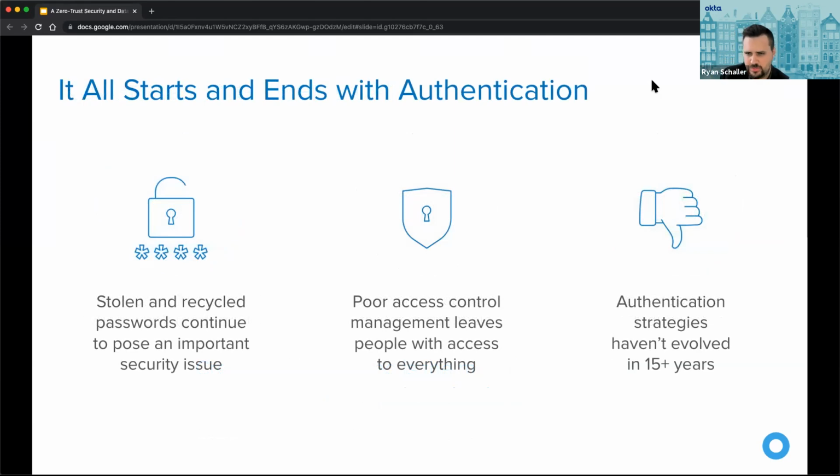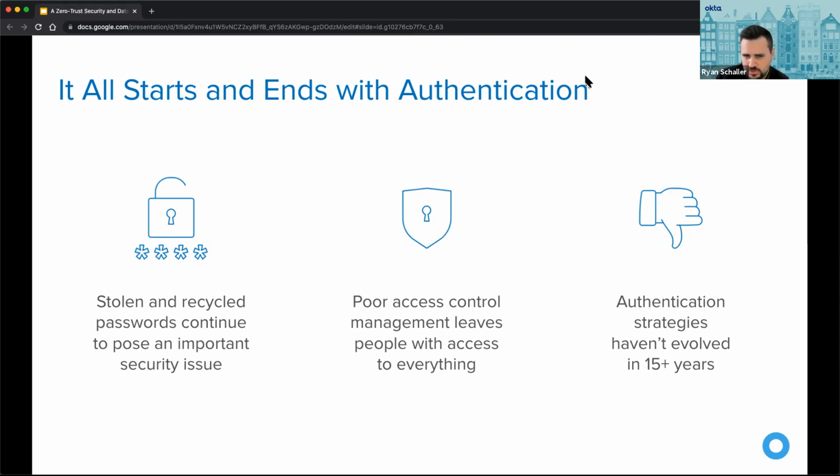Because it all starts with authentication, the problem is that people will steal these creds. And once your credentials have been leaked, I think at least everybody has been a part of some sort of breach notification from a company or an entity where they have to notify you that, by the way, this happened. Your credentials may have been compromised. We encourage you to change your password and enable two-factor. So this has posed a real threat that I think goes close to home for everybody.